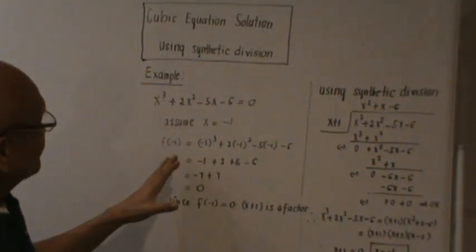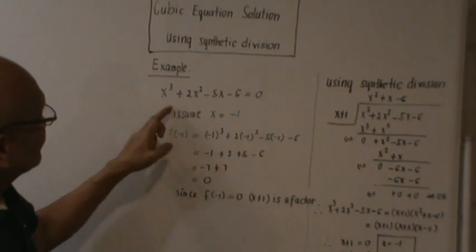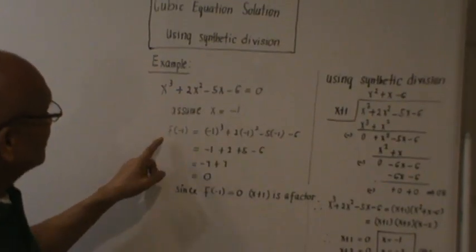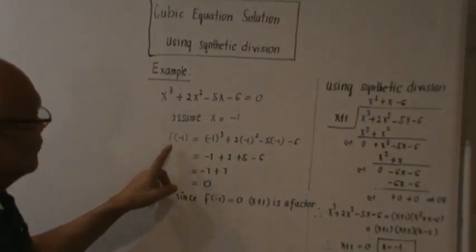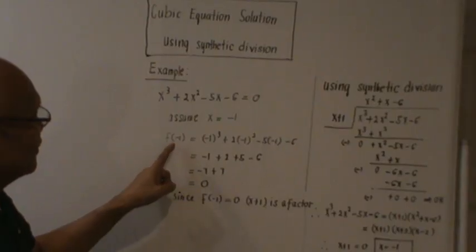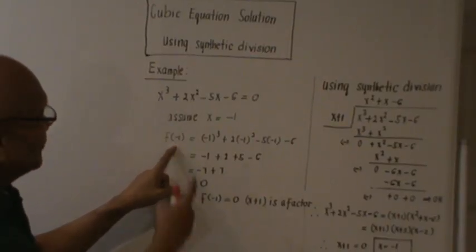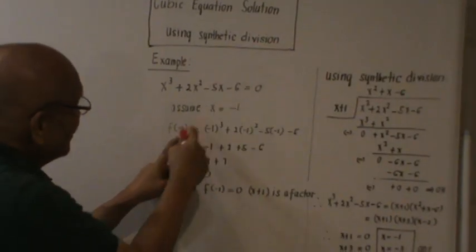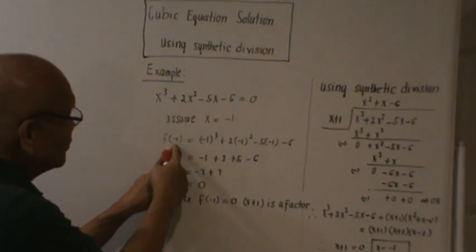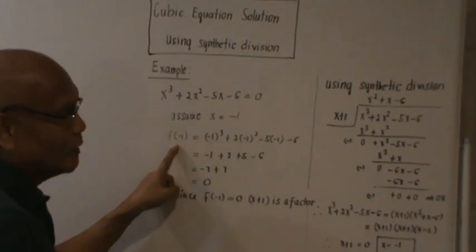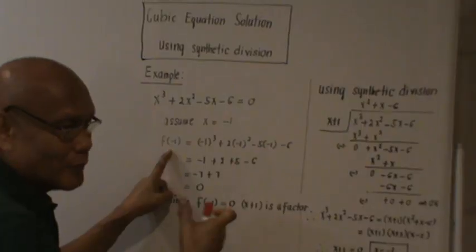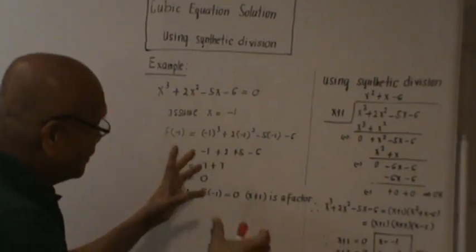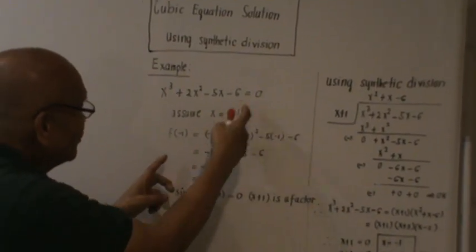So if we try to substitute this negative 1 back to the given cubic equation, I place it here, function of open quantity negative 1. The significance of this meaning, if this given function of x, when x assumes the value x equal to negative 1, what will be the value? So we could compute for the value by just substituting the value of x equal to the negative 1 to